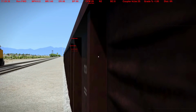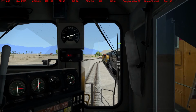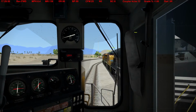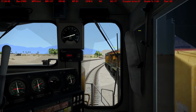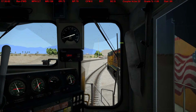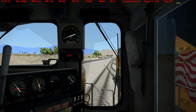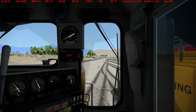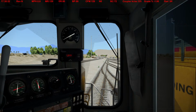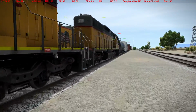All right, let's go back in the cab here. I gotta look down and see what button it is because I don't have the feelings memorized. Let's see if we can do a nice slow all air. Keep them somewhat stretched. No, I don't think we're going to be able to. We're going too fast. I'll release that air and then we got the independents on now. Not too bad. A little tighter than I wanted to be, but not gonna be back here until we go